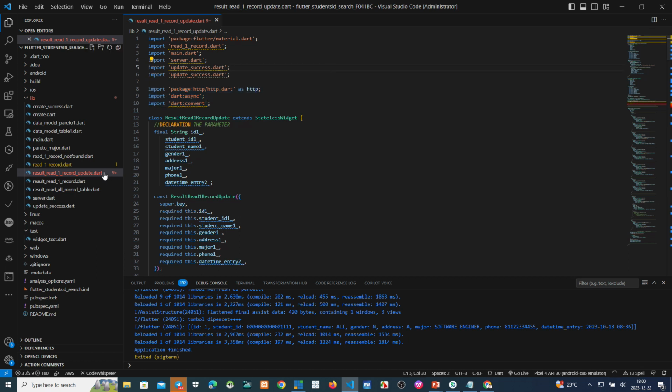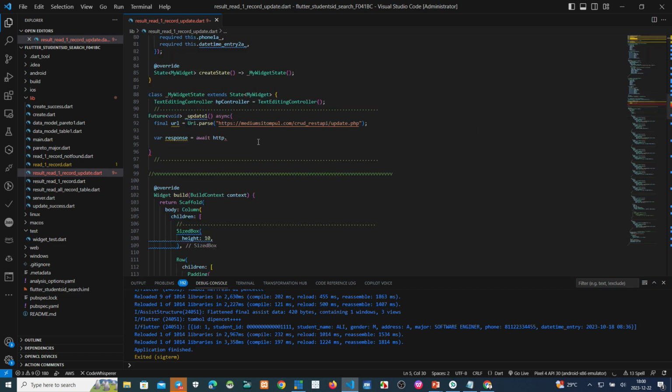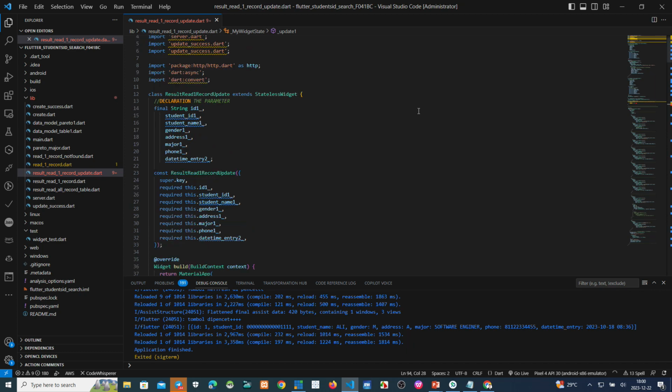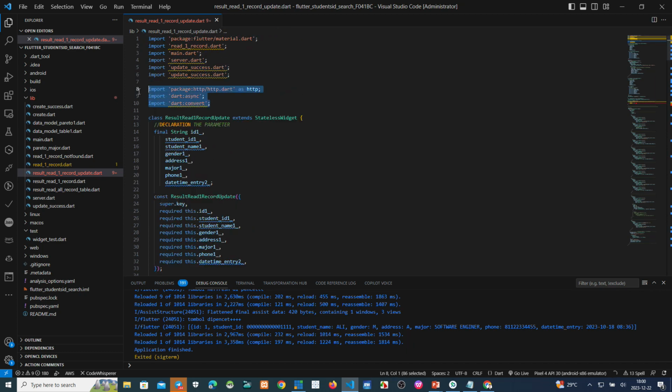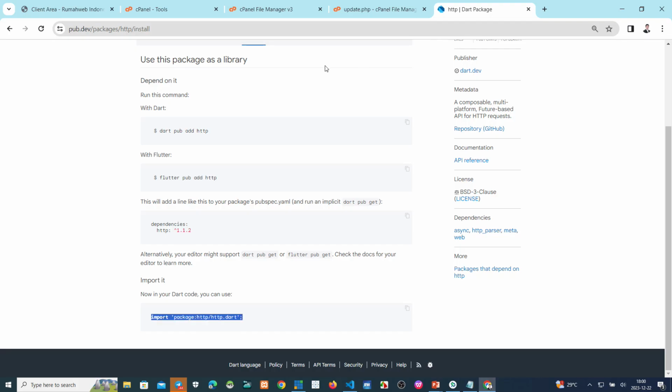Okay, why is this red? Okay, we continue. After you import this, you must also copy this to your dependencies.